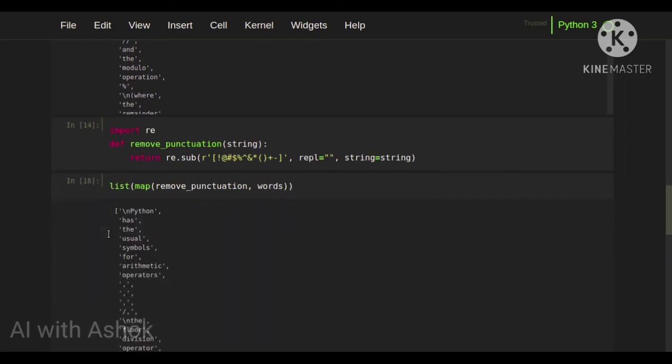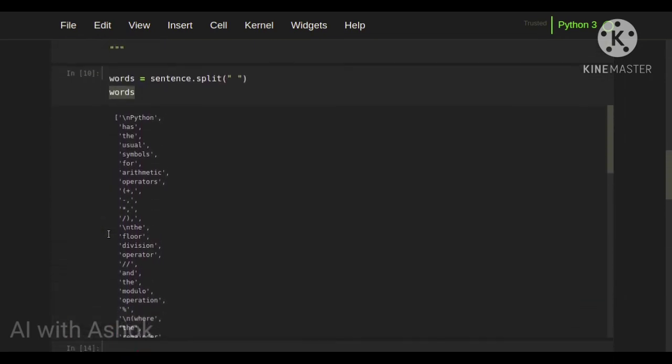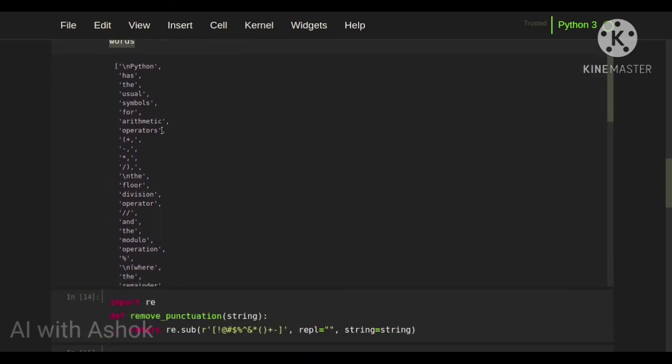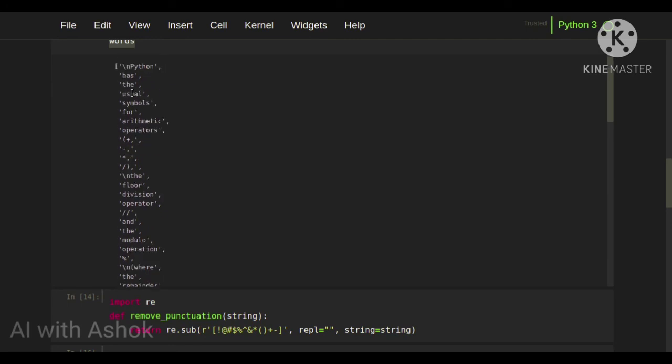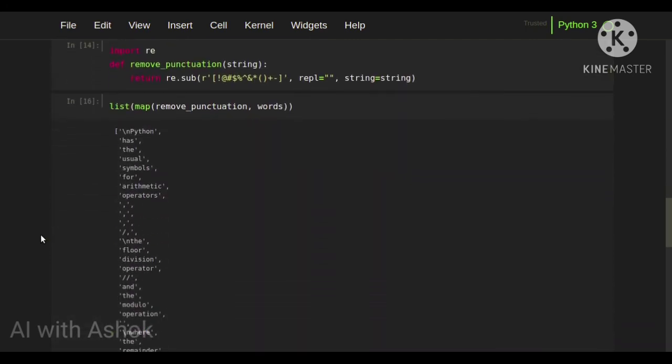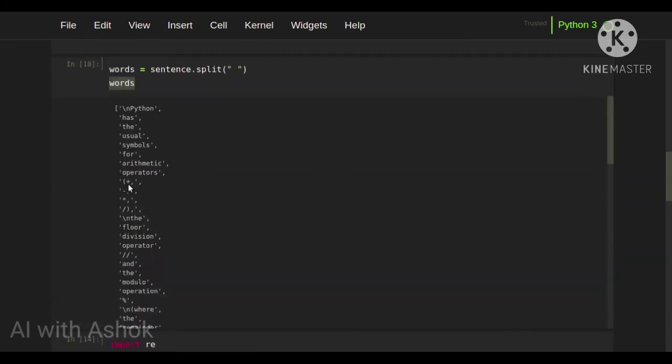Let's see. After operators we had an open bracket and a plus symbol, but now after operator we have only the comma. Here we have the comma operator, but the open bracket and plus have been removed.